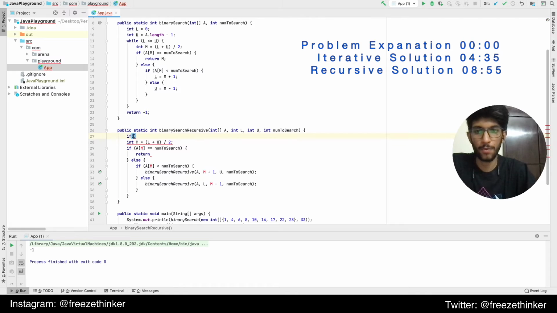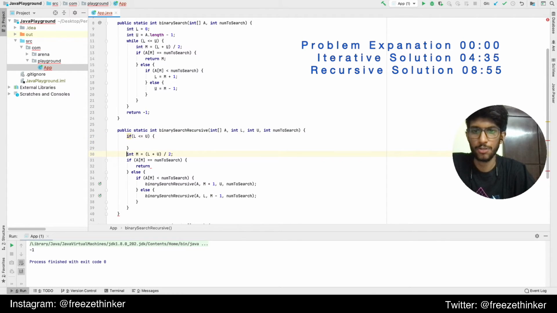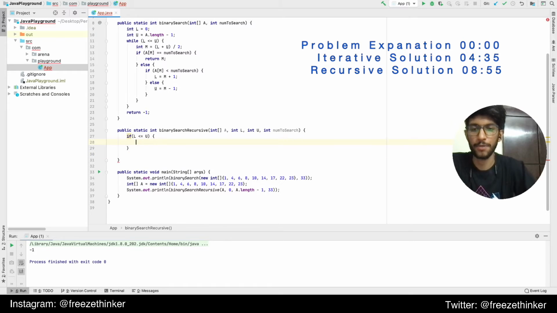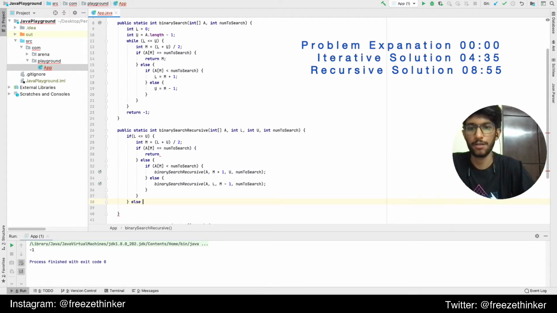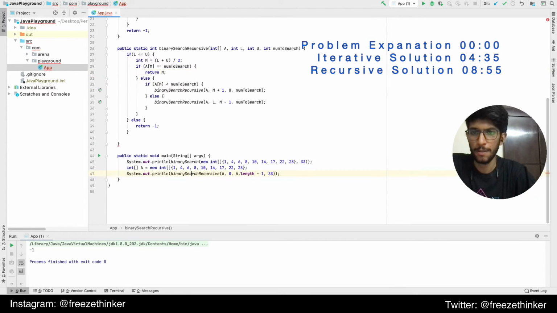If lower bound is less than or equal to upper bound, do all of this. Otherwise, you can just return back from here itself. Else return minus 1. Else return n, which is the index that we want to capture. And now let's just check it out. We will just comment this. It says missing return statements.